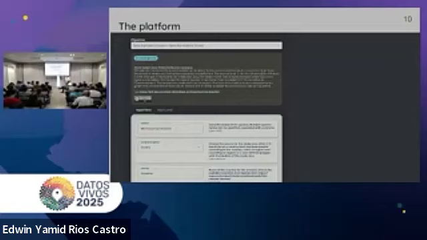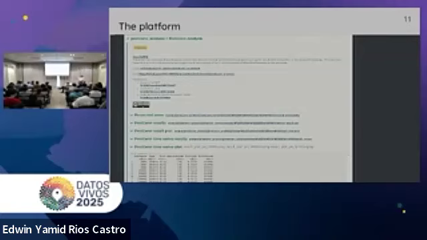So this is what it looks like in the platform. This is an example of a pipeline. The user can define different parameters, species, country, et cetera, and then just press run, and it's going to run the entire analysis. As it's running, you can see all of the scripts as they're running. So you can see all of the R logs. You can download the intermediate results. You can go to the GitHub and look at the source code if you want to. So it's all very transparent in that way.